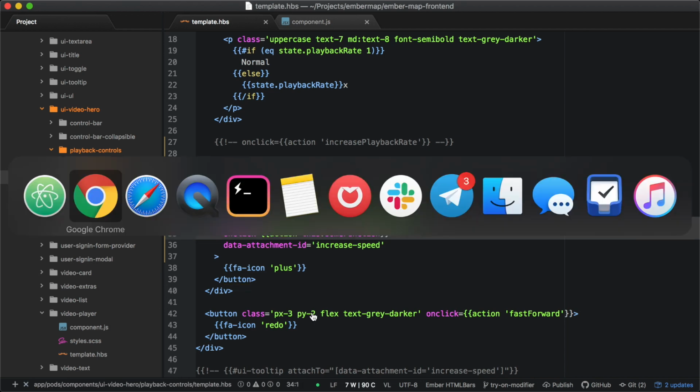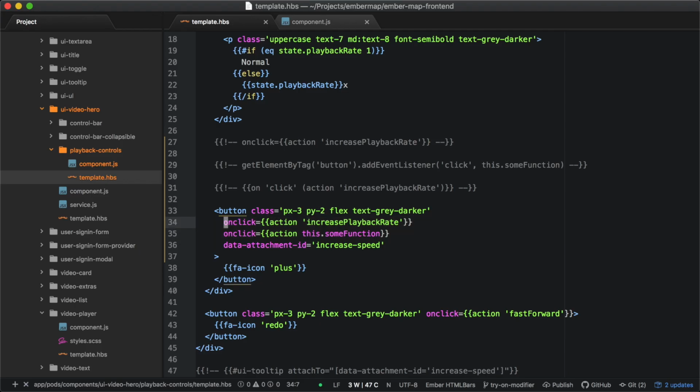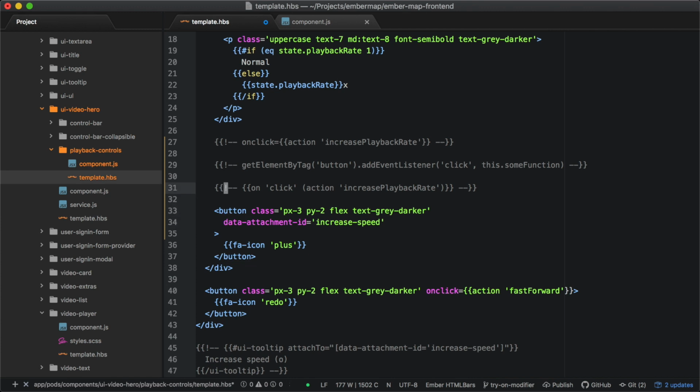If I save this and we look at the app and I click this button here, we see that some function is getting run, right? We see the console log here, but we're not changing that state anymore in the control bar. So nothing's happening. If we get rid of that and pull back down our on modifier here,